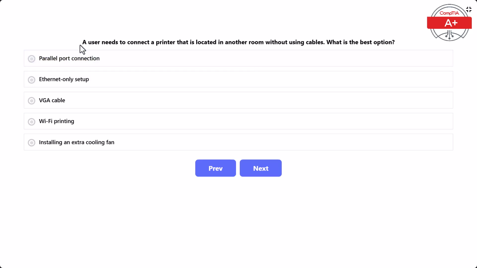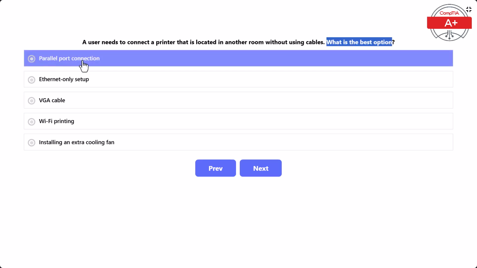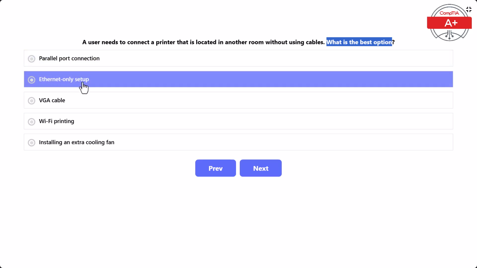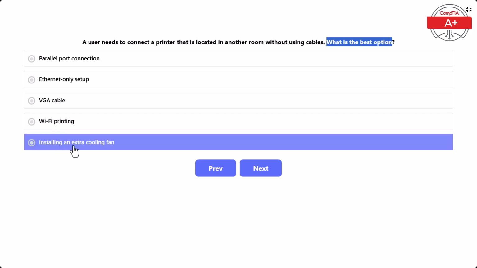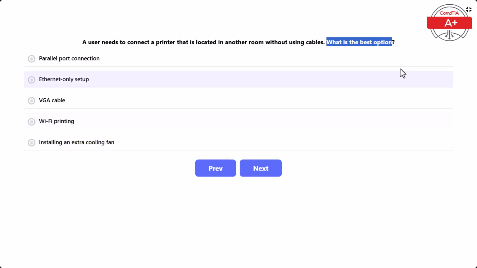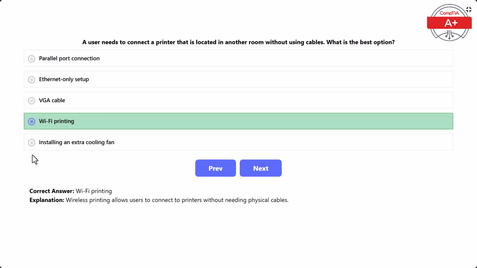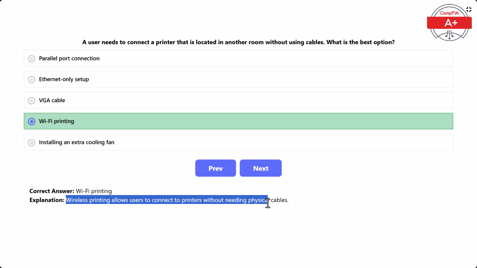And next question, a user needs to connect a printer that is located in another room without using cables. What is the best option? So you have a printer, it is located in another room, and you would need to connect it without using cables. What would be the best option? Parallel port connection, Ethernet only setup, VGA cable, Wi-Fi printing, or installing an extra cooling fan. And here the correct answer is Wi-Fi printing, as wireless printing allows users to connect to printers without needing physical